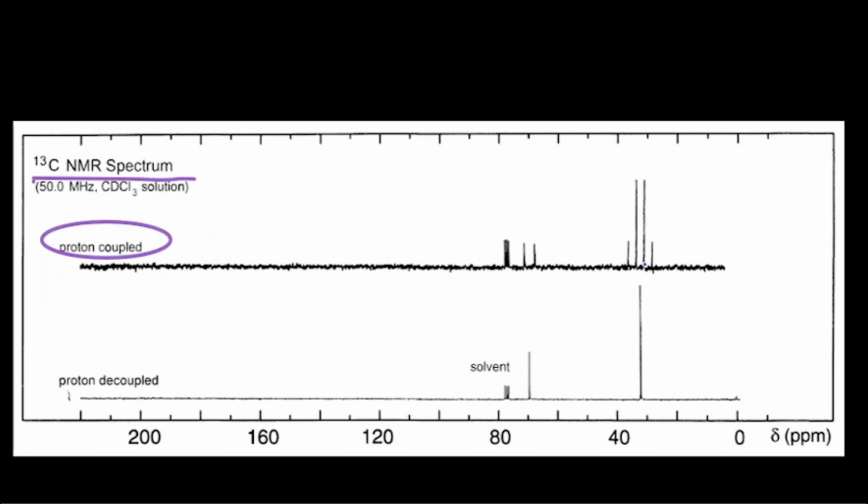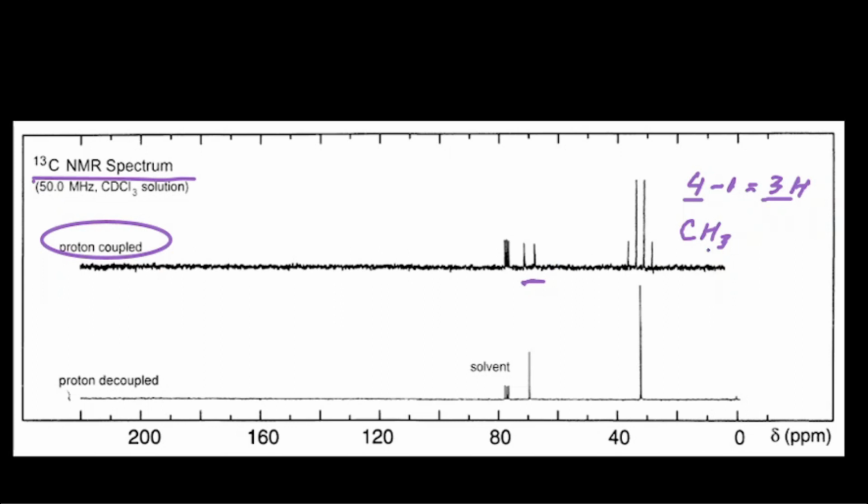So, one peak is present here and the other peak is present here. The peak here tells us that a quartet is present. I have already told you that when a quartet is present in the proton coupled spectrum, it means one carbon is present and the rest of the peaks tell us how many hydrogens are present. We have 4 peaks; if we subtract the 1 peak for the carbon from these 4 peaks, we get 3 peaks, and these 3 peaks are for the hydrogens. So it means a CH3 group is present